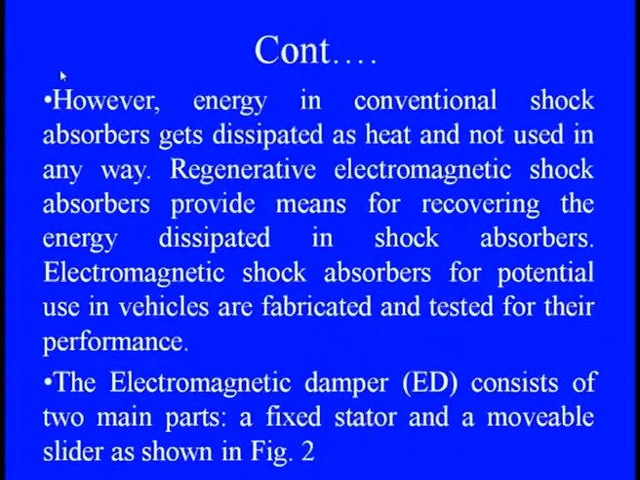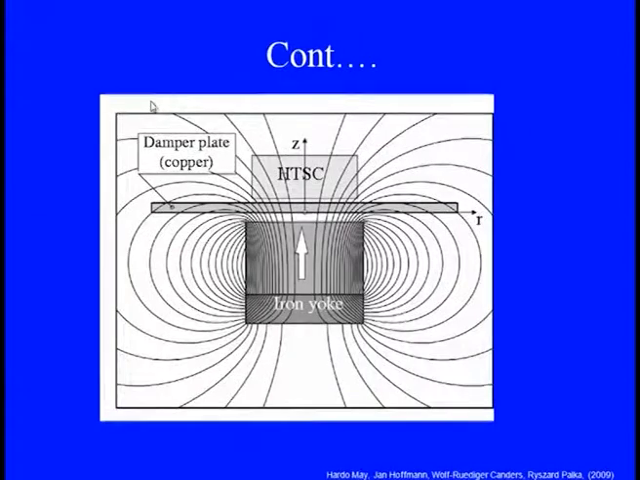So, the electromagnetic damper consists of two main parts, as we discussed. One is the fixed stator, in which we need permanent magnets, and the second is the movable slider. In this part, when the magnetic movements are there, all the magnetic lines are circulated all around the iron yoke. And then you see here, because of the intensity of this,